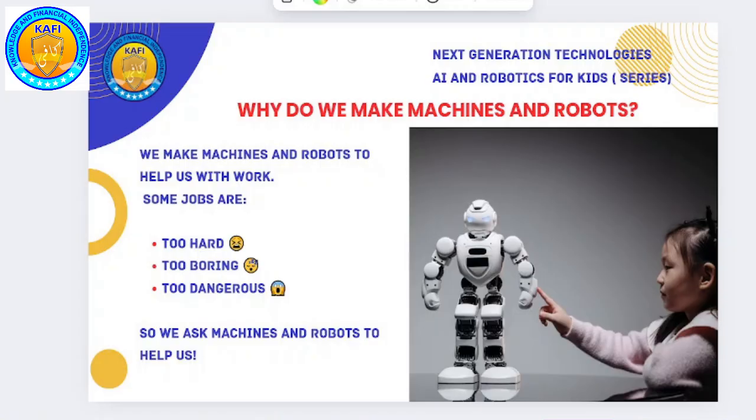He can fall and break something like his leg or arms, right? So if we have a robot to do that, yes. So robots and machines are made to help us, in simple words.